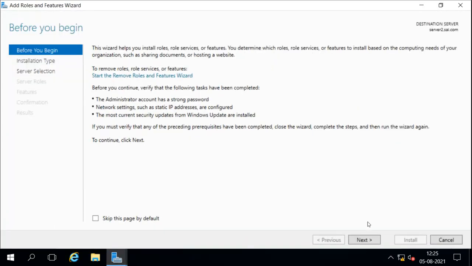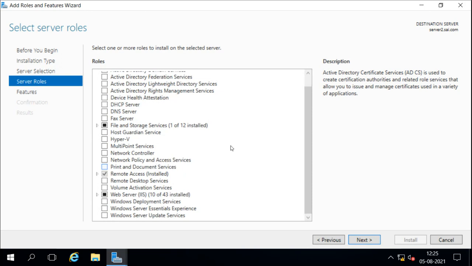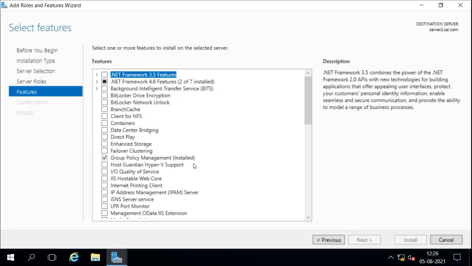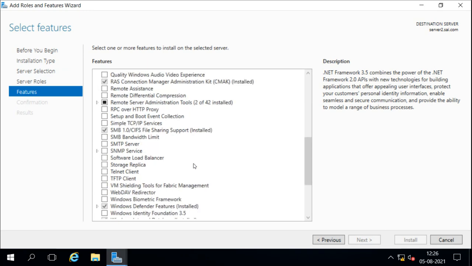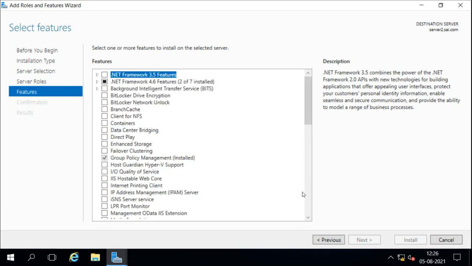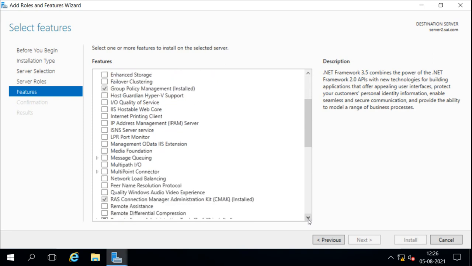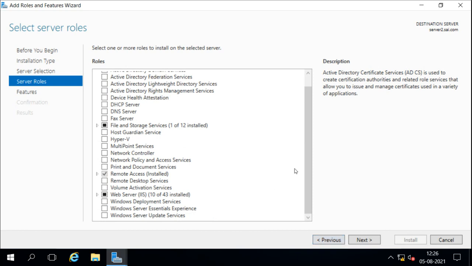I will show you this. If I go to add and remove features and say I want to install this, so if you go to features, this is network policy and access services.